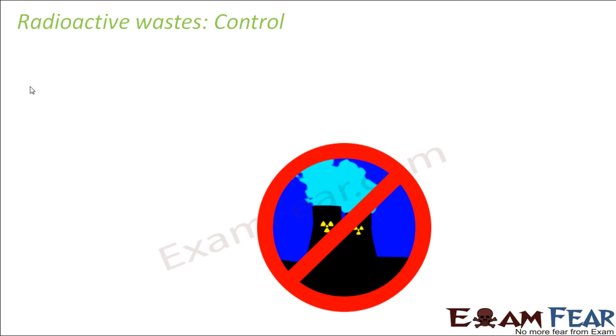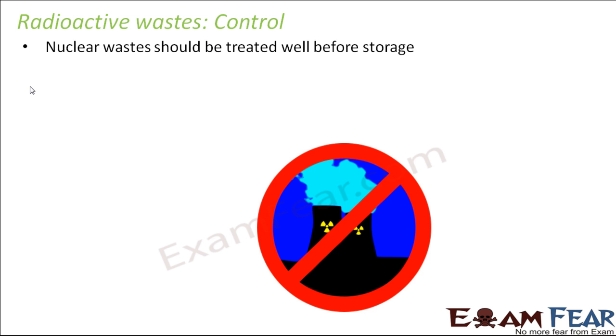Now, looking at the harmful effects of radioactive wastes, it is very important to control these kinds of waste. So what can we do from our end to reduce the effects of radioactive wastes on the environment? The first thing is that nuclear waste should be treated well before storage. All the waste material coming out of a nuclear power plant should be very well treated before it is disposed of, or even if it needs to be stored. Let us suppose any product coming out of the nuclear power plant needs to be stored. That storage also needs to be done in a proper place so that it doesn't transmit any sort of